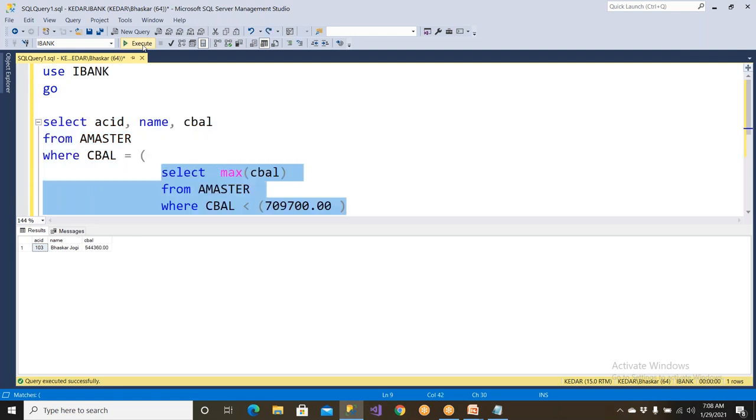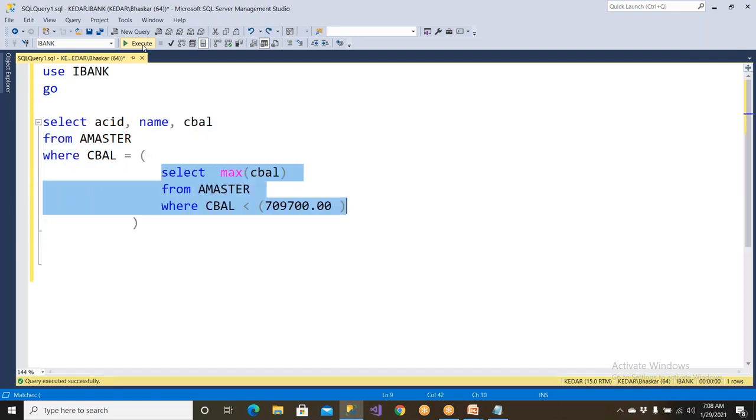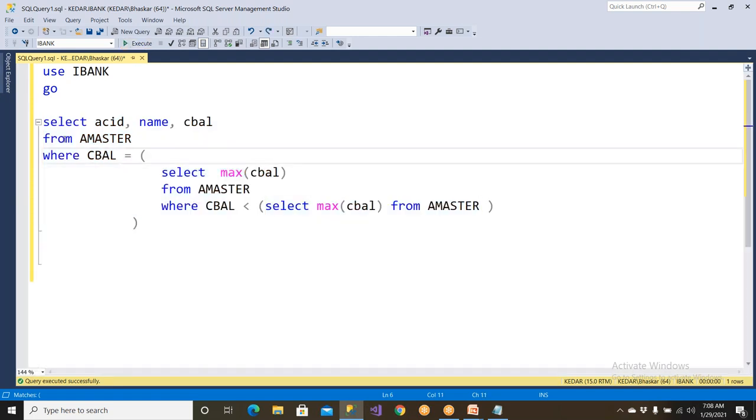Clear? So this is how you should understand these things. This is the outer query. The outer query has one more subquery, and this is again a subquery. This has one more subquery. Like that, one query can call one more query. That query can call one more query. That query can call one more query. Like that,